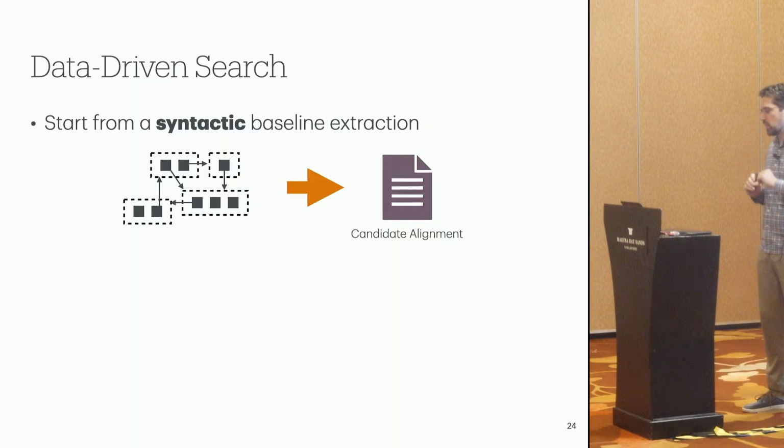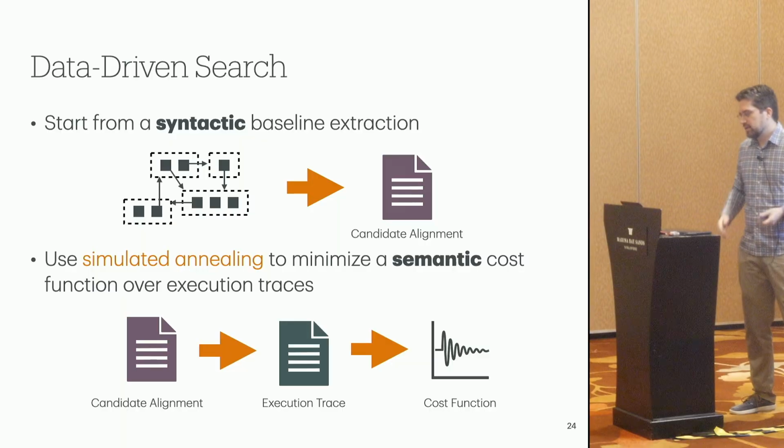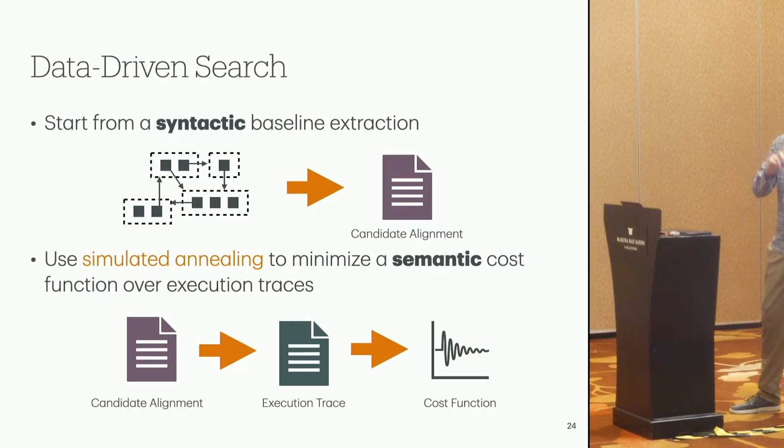So here's what we do. We start out with some baseline extraction from the egraph, which maximizes the number of fused control flow structures. And we use this as a baseline. And then we can find neighboring, close-by alignments by tweaking the choices we make in these e-nodes. So we can take one of our e-node choices and choose something different and get a closely related alignment. And then we can use MCMC, like simulated annealing, for example, to converge onto an ideal